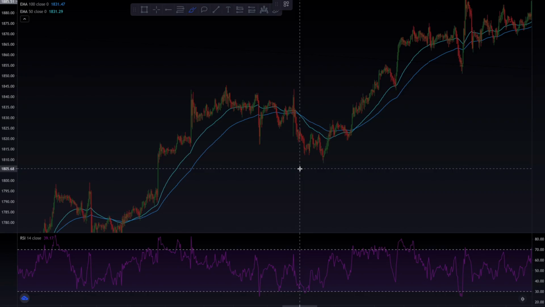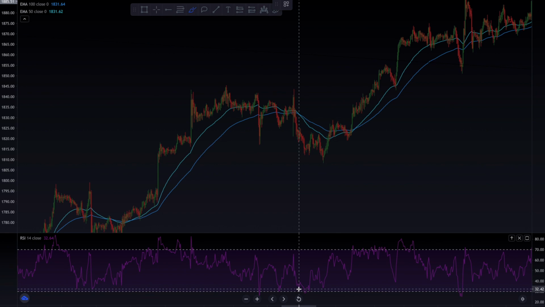Now let us take a few examples of divergence. But before that, let me tell you that there are two different types of divergence. That is the bullish divergence and the bearish divergence. Now, the bullish divergence is always found at the oversold level and the bearish divergence is always found at the overbought level. So when we need to find a bullish divergence, we have to look for this level, which is